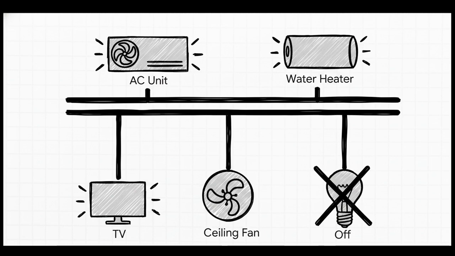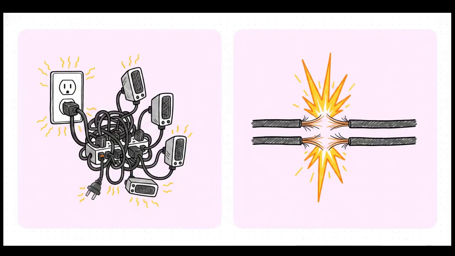But here's the kicker. We wire our homes in parallel configurations. Wiring in parallel is absolutely crucial because it guarantees an equal 220-volt pressure to every single appliance. Plus, it gives you independent control. You can turn off the toaster without killing the fridge. Most importantly, it isolates faults. If one light bulb burns out in the bathroom, it doesn't break the chain and plunge your entire house into darkness. But look, things do go wrong.